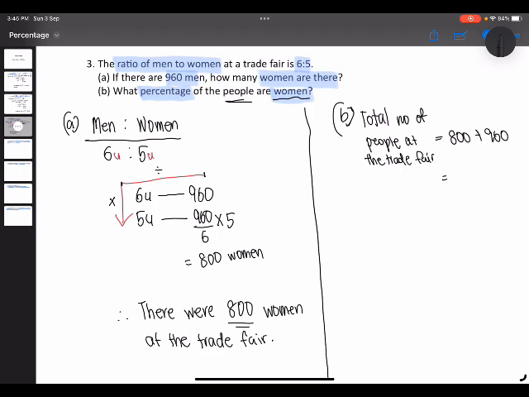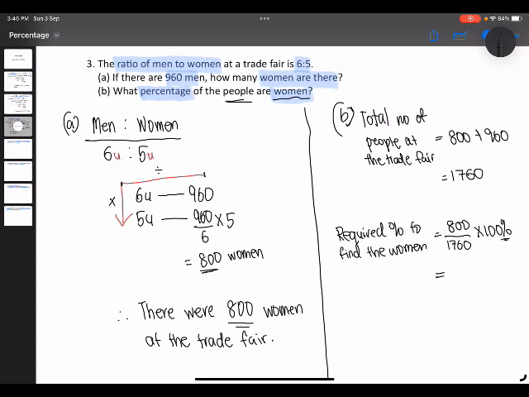800 plus 960, which gives a value of 1760 people. So they're asking for the percentage of people who are women. So the women is 800. So that's right, the required percentage of women, which is 800 over 1760 into 100%. It is a must to include a percent sign at the back,